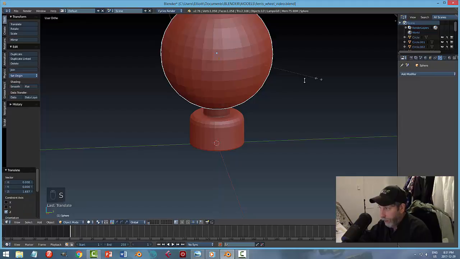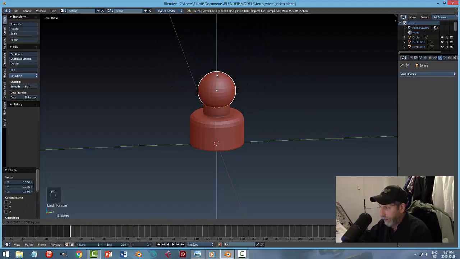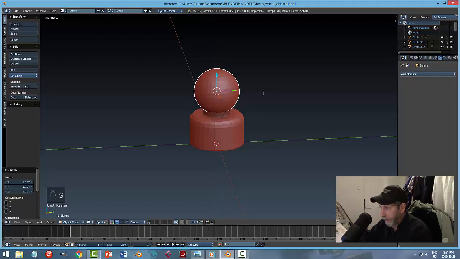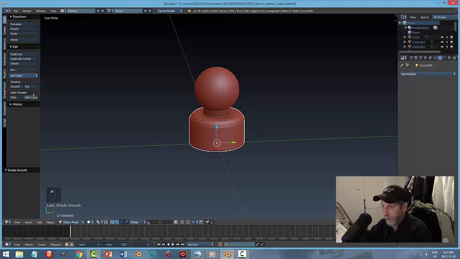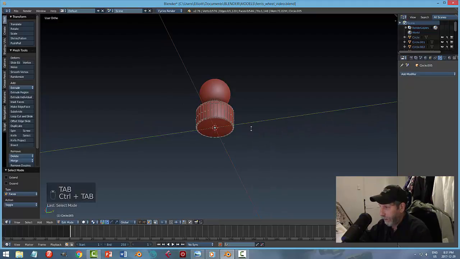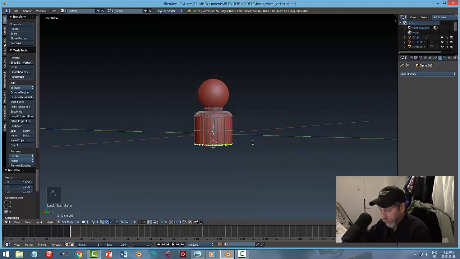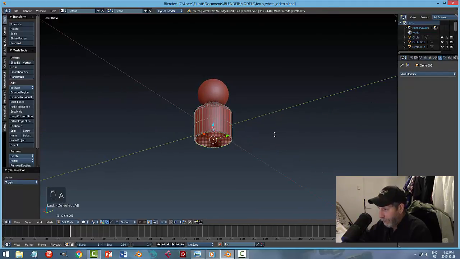Give me a humongous head. Lengthen the body a bit, like that. Oh yeah, and we'll do inset,